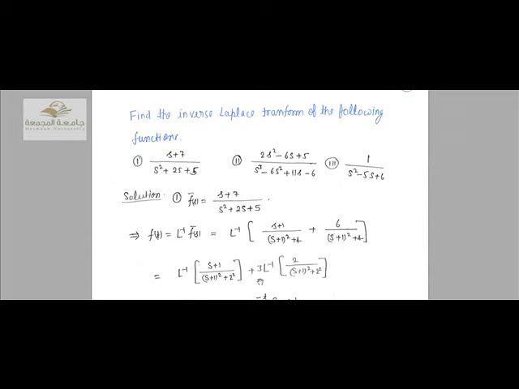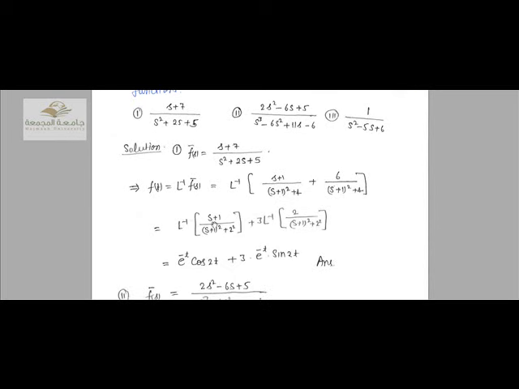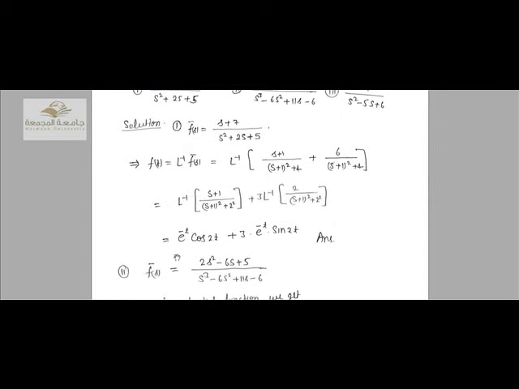Now separate with the help of the linearity theorem. We can write L inverse of (s plus 1) over ((s plus 1) whole square plus 2 square) plus 3 L inverse of 2 over ((s plus 1) whole square plus 2 square). So according to the inverse Laplace formula, we can write e to the power minus t cosine of 2t plus 3 e to the power minus t sine of 2t, which is the required answer. Now